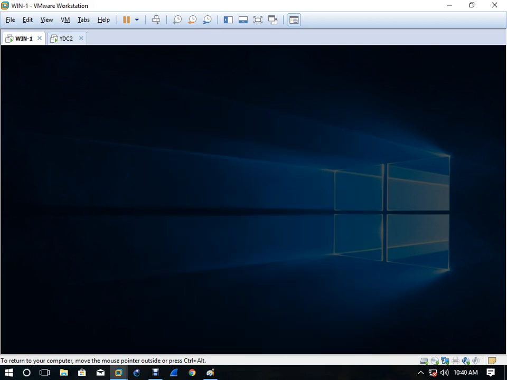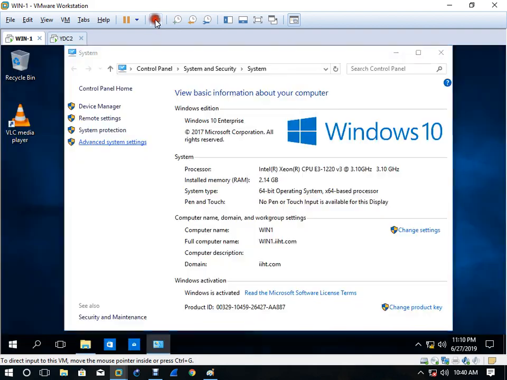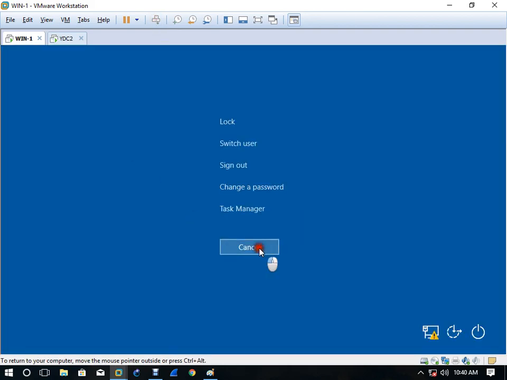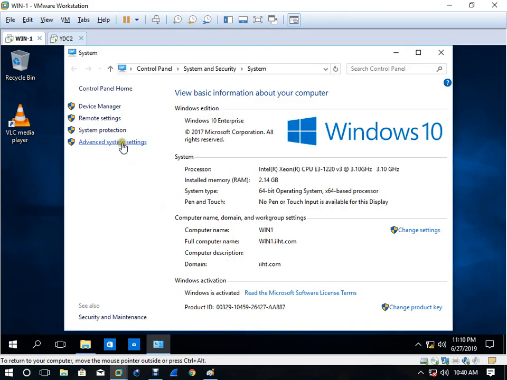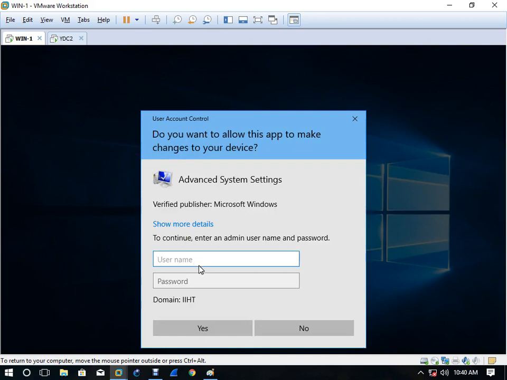and log in and check. What happened? Username.